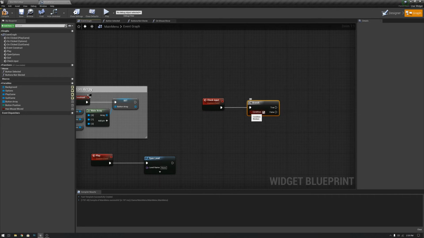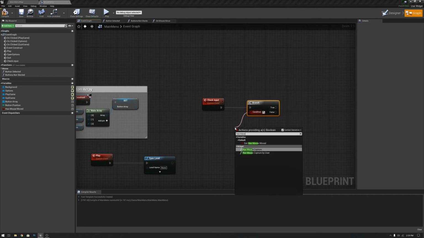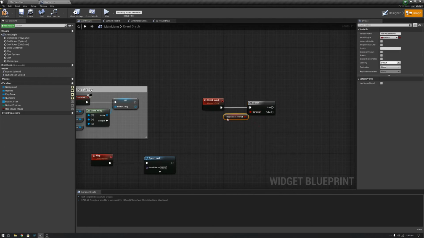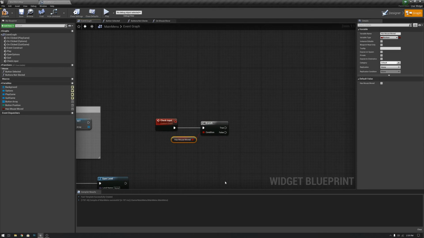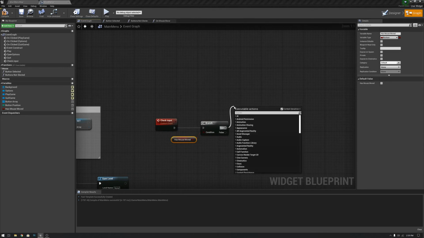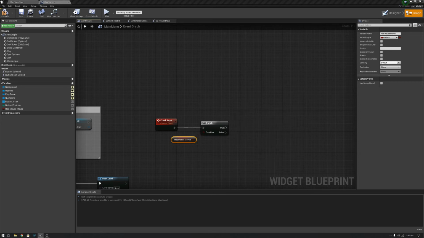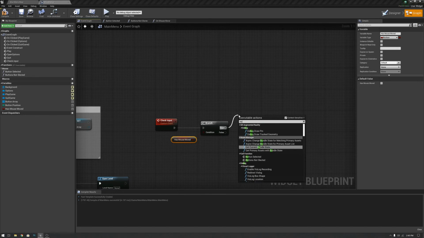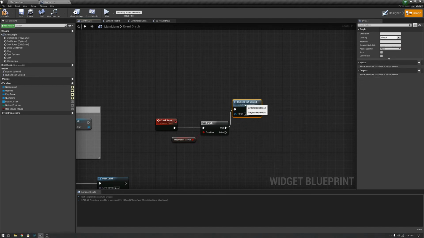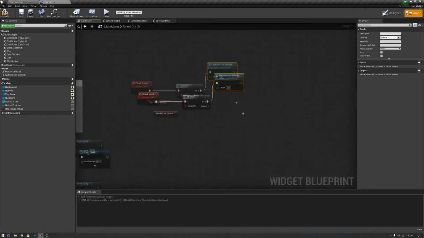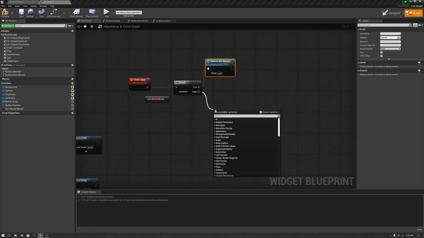We're going to check if the mouse has moved. So has mouse moved. Check if the mouse has moved. If it is true, then we're just going to simply put the buttons not selected. Simple as that. If it's false, we're going to make a sequencer,